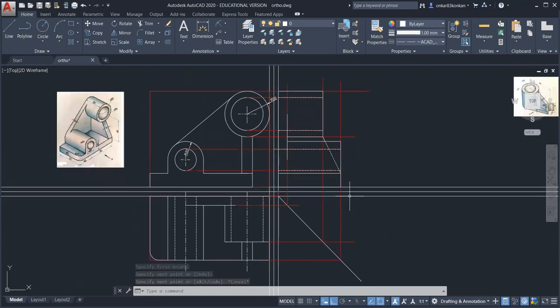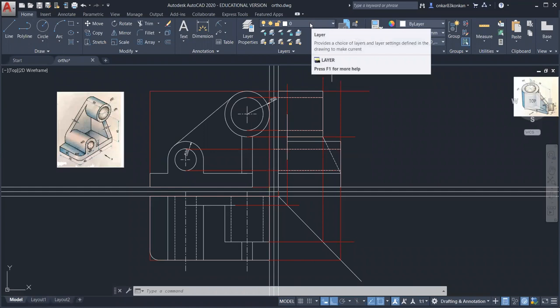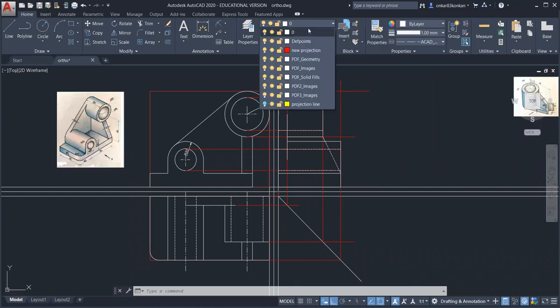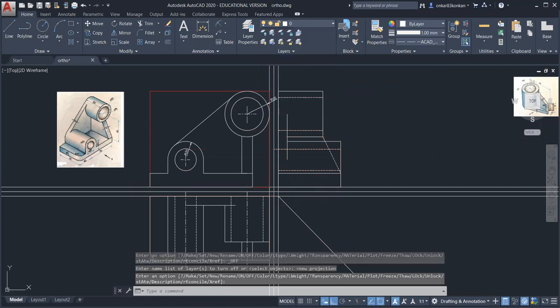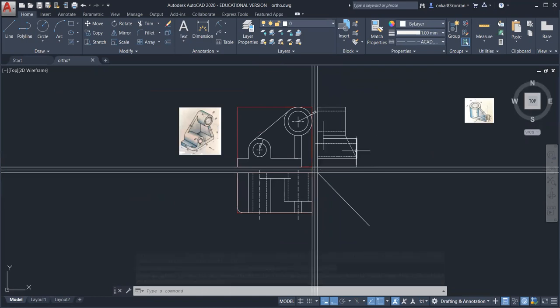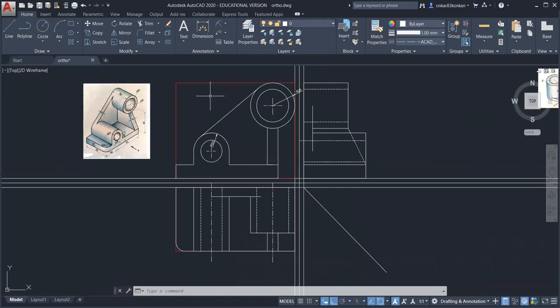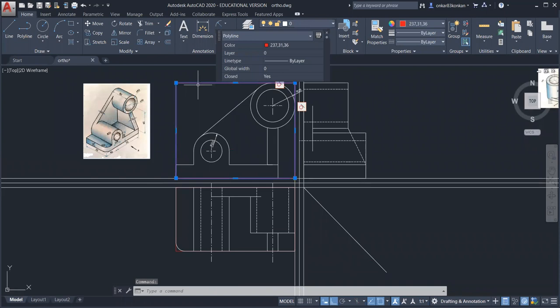Now we need to remove these hidden lines. So what is the advantage of the layer is that instead of removing directly, that is deleting all these lines, just turn that layer off. So you can click here. Okay, so you can see here all the lines are hidden. Only visible geometry is there in the drawing. But if you draw the projections by simple line, just by changing the color, then we need to remove or delete each and every line.